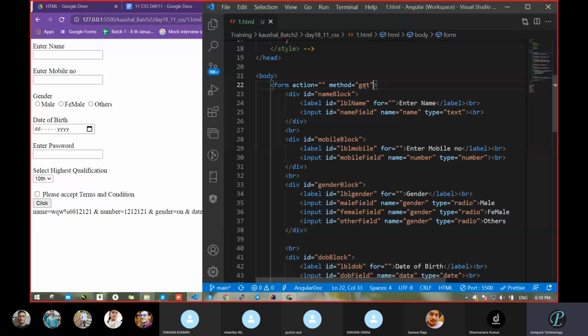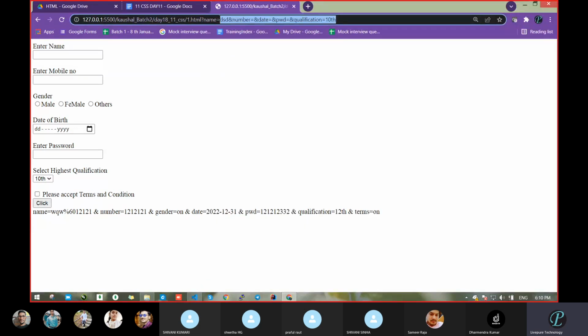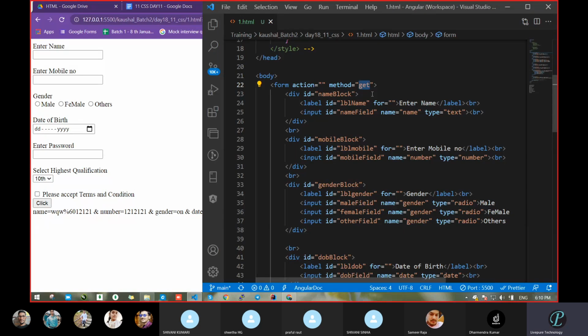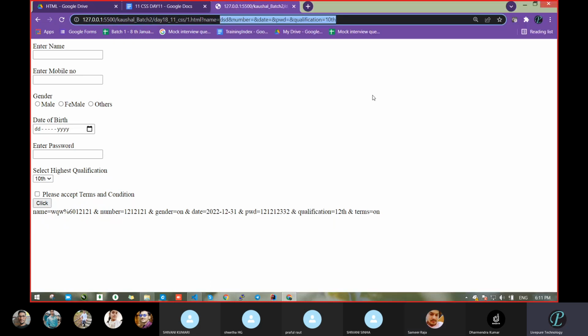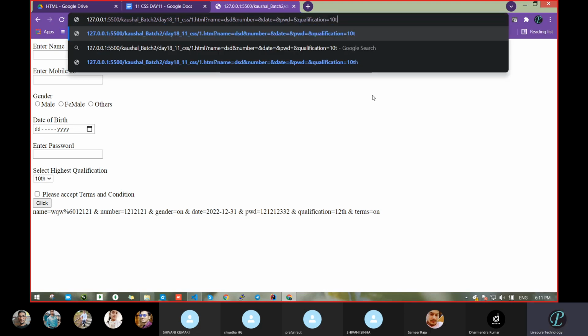But when you pass a put method, then data will not come in the URL. It will be hidden. Whatever you want next, you can pass that data to the database or do whatever operation. But due to the get method, you will get that in your URL. So many times you will see that when you enter data, your name automatically comes in the URL tab.